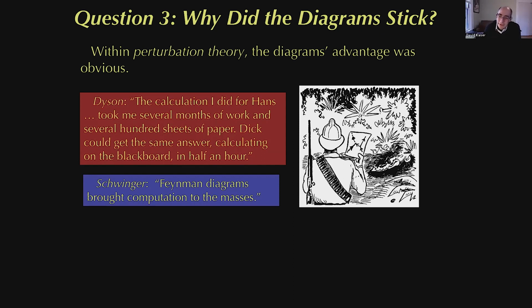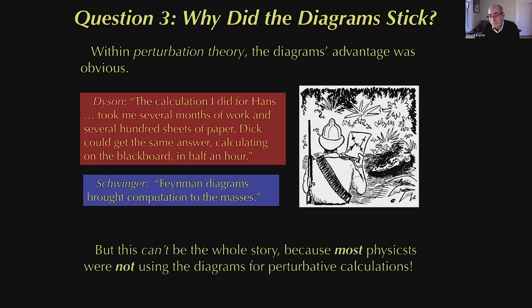This cartoon he ran in Physics Today many years ago, basically saying, if you're going to go through these dangerous thickets of perturbation theory, as if you were a kind of explorer in the Amazonian jungle, it helps to have a reliable map. And so the Feynman diagrams would be a reliable map to this complicated, seemingly dangerous or forbidding terrain. So I think that makes sense, except, as I was just emphasizing, that can hardly be the whole story,